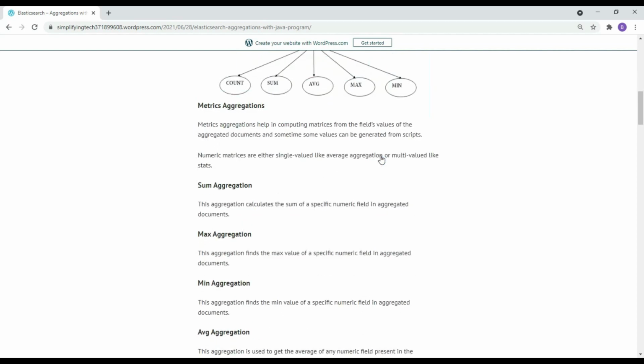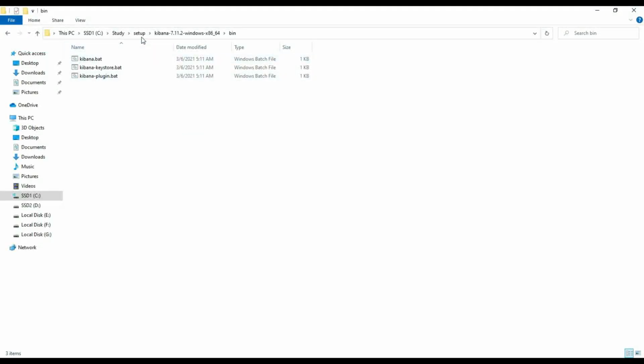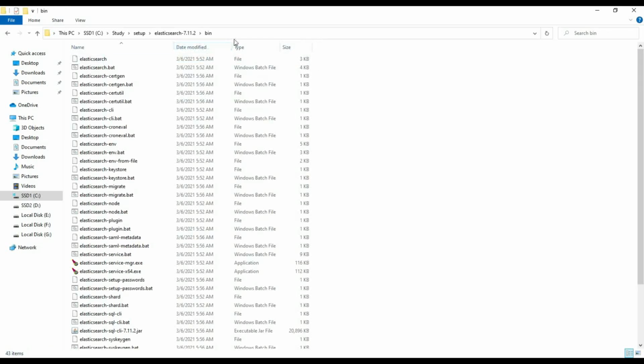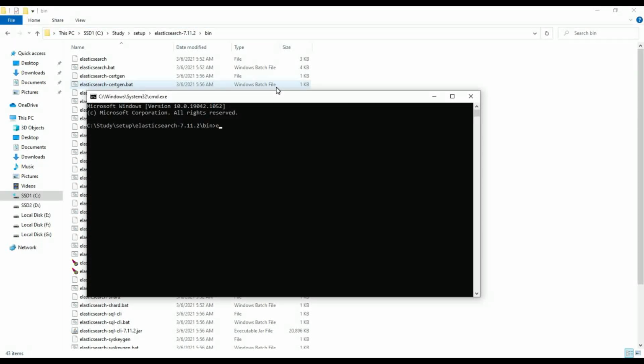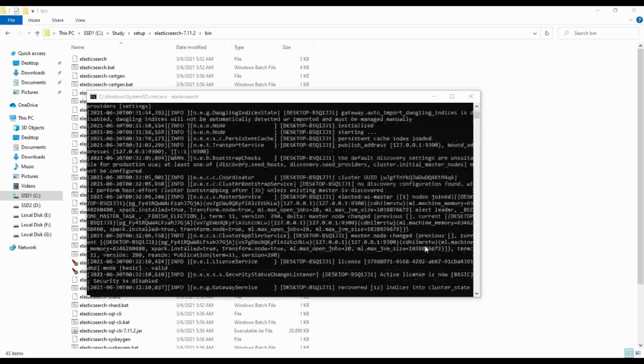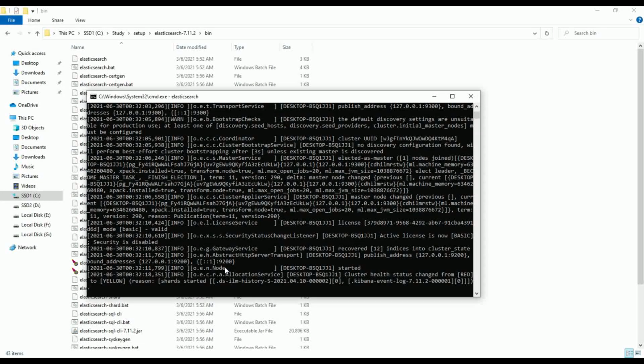So I'm going to the home directory of Elasticsearch, going to the bin folder, and starting Elasticsearch. Our Elasticsearch is started on port 9200.